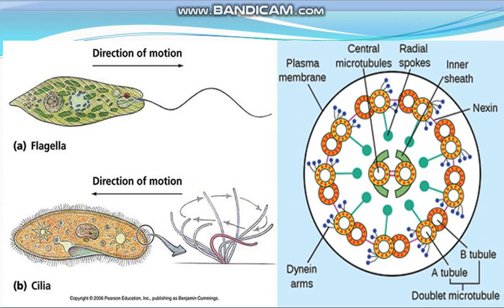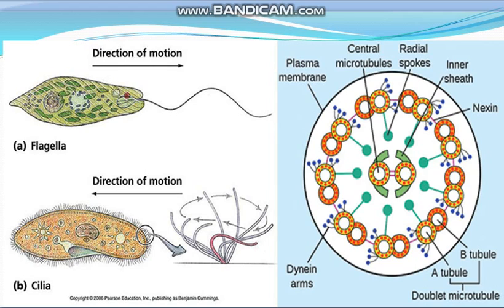They are made up of the protein dynein, and the 2 dynein arms of microtubule A form a cross-link with microtubule B. So this is the cross-link between 2 doublets of microtubules, and a radial spoke also extends from the microtubule A towards the central microtubule. These are the radial spokes, green in color, and they move towards the central microtubule. These are the 2 central microtubules. That's why we call it the 9 plus 2 pattern. And microtubules are composed of tubulin protein. So this is the structure of the cilia or the flagella.